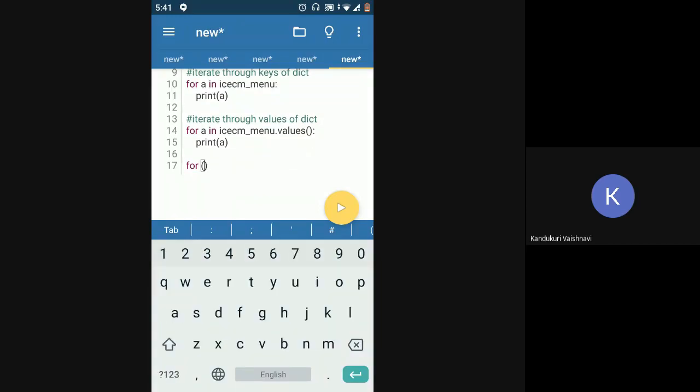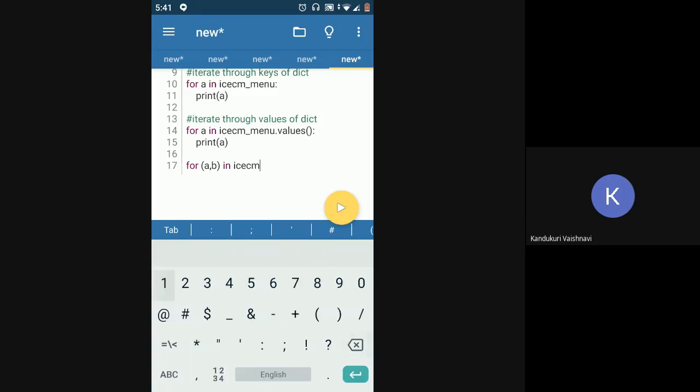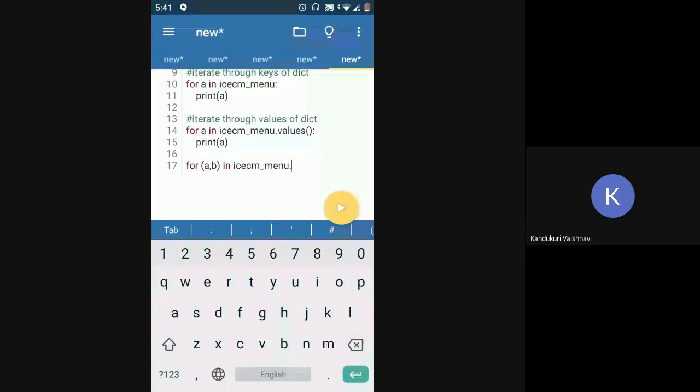If you want to print both value and key, then you have to use ice cream menu dot iter items. I guess it is iter items only. I think it's items. Just check.